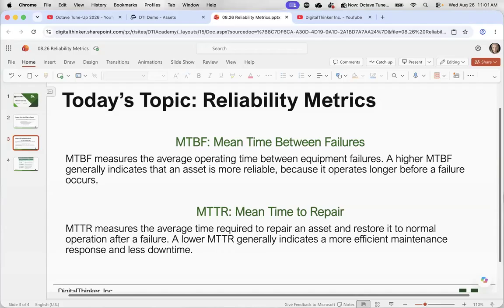Now, the formula that's used in EAM and used traditionally is the total uptime divided by the number of failures. Just as an example, let's say you have an air compressor and it was operational for 1,000 hours over a 3-month period, but during that time, the compressor experienced 4 failures. So you would take the 1,000 hours divided by 4, and so the air compressor operates on average 250 hours